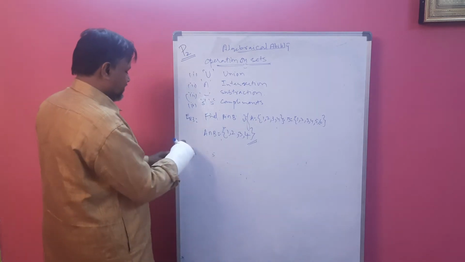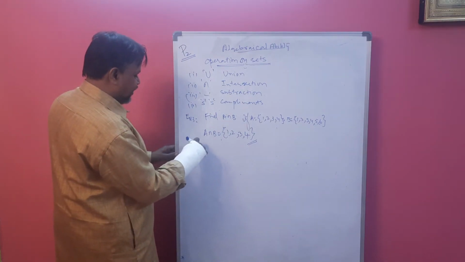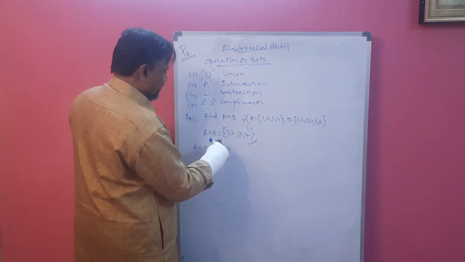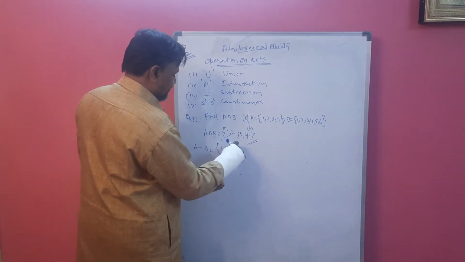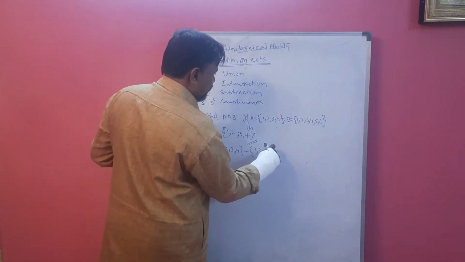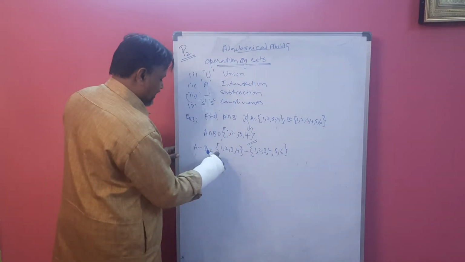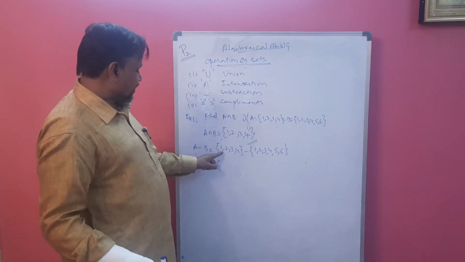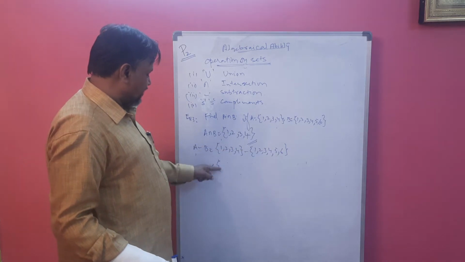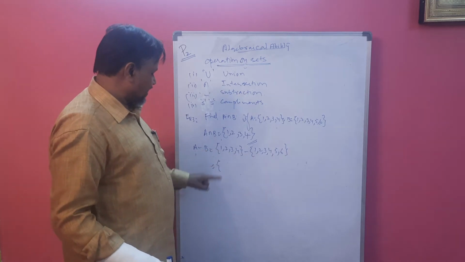Now subtract. Subtract A minus B. Subtraction is nothing but set A minus set B. Write set A here. Suppose we are taking 1, 2, 3, 4. This example minus 1, 2, 3, 4, 5, 6. Again this. So subtraction, how we have to perform? Pick one element of A. If it is there in B, so minus it, you will not write in the answer set. Okay, there is no need to write in the answer set.